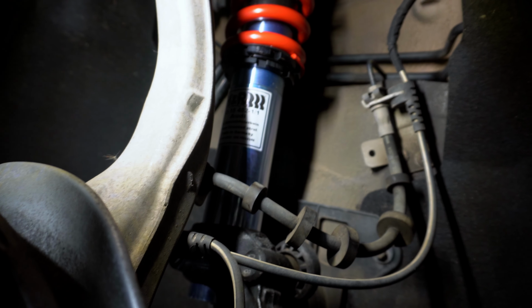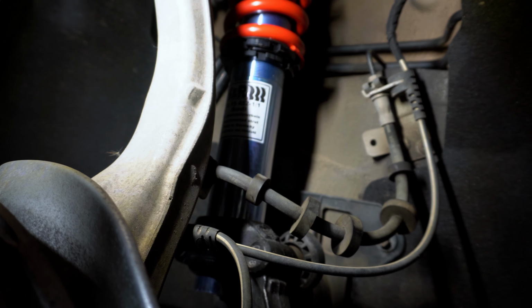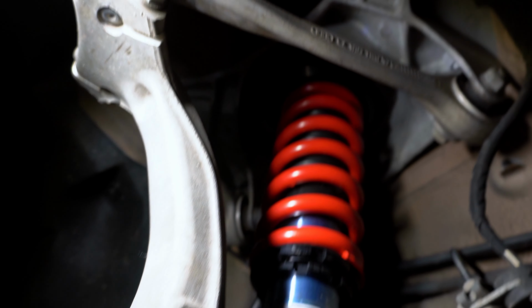So this is it right here. Now, most importantly, when you install these, or really uninstall the factory ones, you don't need to do anything with the axle. You don't need to mess with the hub at all. Everything can pretty much stay as it is. You'll remove these lines here, of course, just disconnect from the clips they're in so they don't get any type of damage. You'll disconnect the sway bar end link. Once that's free, you can loosen the top 4